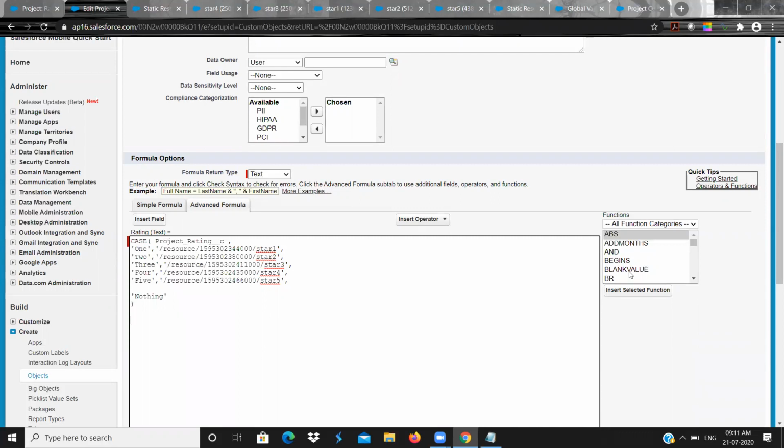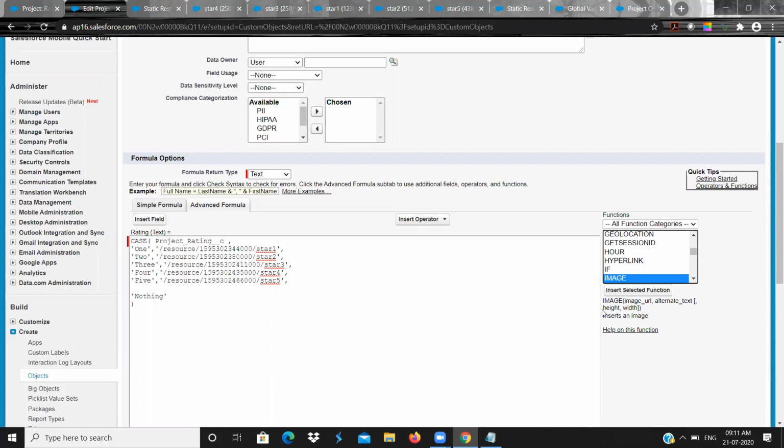Here you have an image function, image URL and alternate text. Height and width are optional. If you want, you can give, or else you can leave. So I need to put image of the URL, comma, alternate text is 1 star.